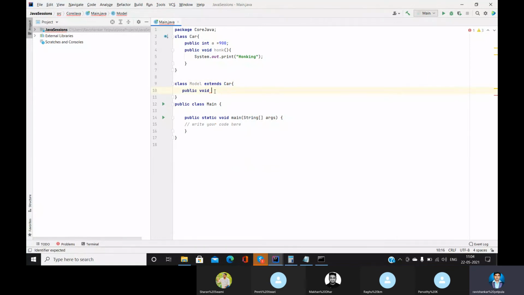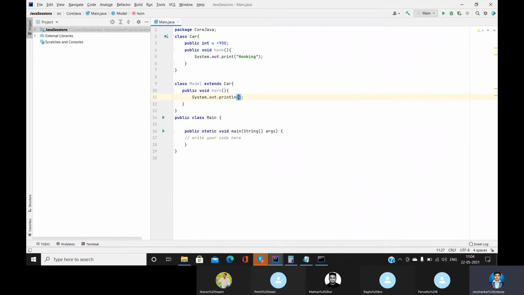Okay, public void main. Here we are going to create the object of the second class, that is the subclass Model. Model m equal to new Model.